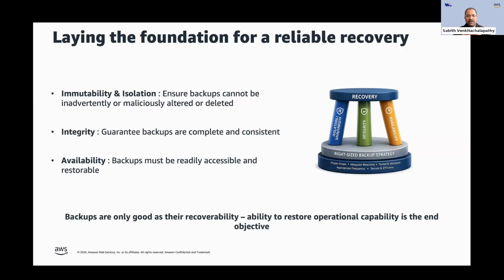And the third most important pillar, I mean, all pillars are very important. As you can see, if one pillar does not function well, your entire recovery is broken. The availability pillar talks about ensuring the backups are not just immutable and isolated, not just integral, but also available, as in when you're required to access the backups, they are available. So, as I always reiterate, your backups are only as good as their recoverability. There might be reasons why you would do backups, probably regulatory requirements, and somebody asks you to do a backup. But in my perspective, a backup should always tie back to the recoverability scenario that it has been attached to.